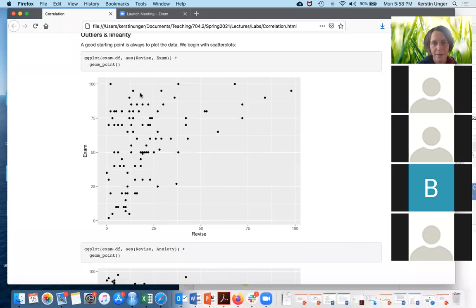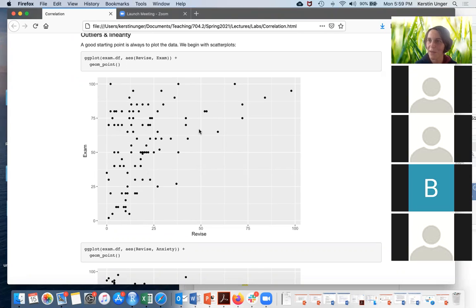However, for the lower revision time, for this part of our data, if they spend less time studying, we see that there's a lot of variability in the exam scores. And that's a bit of an unusual pattern. My guess is that this generally indicates there is not a simple linear relationship between the two variables. If I would see a data set like that, again it's not my data, I'm not sure how they